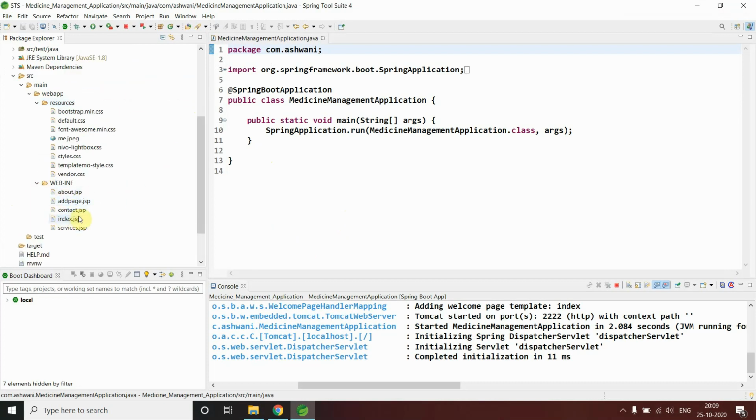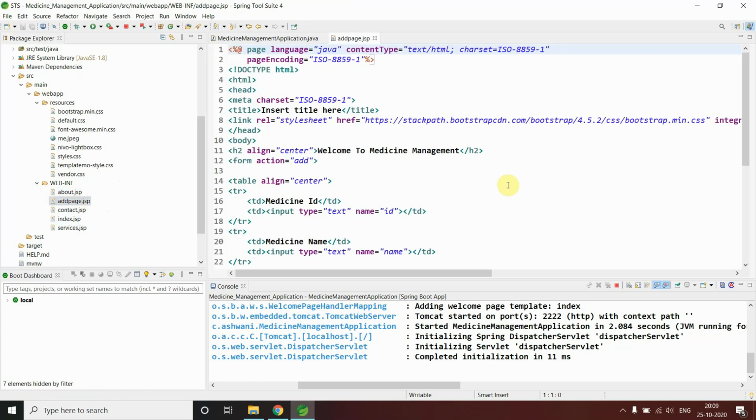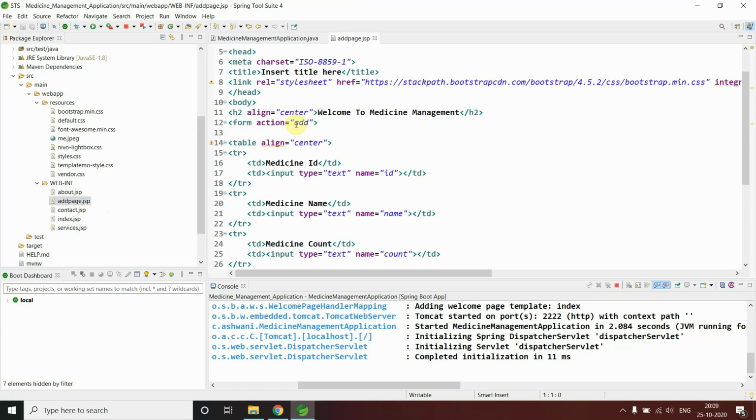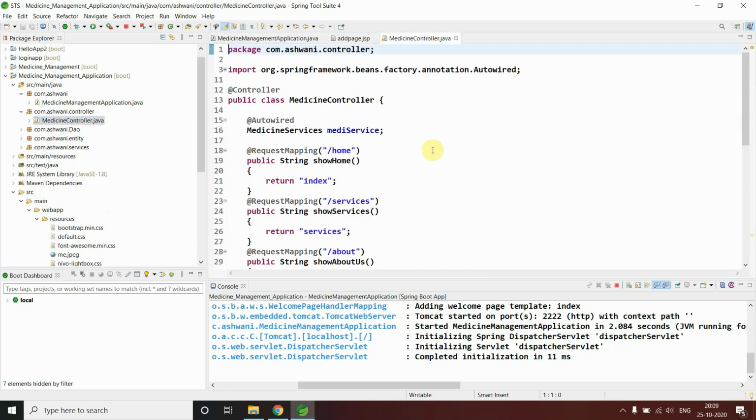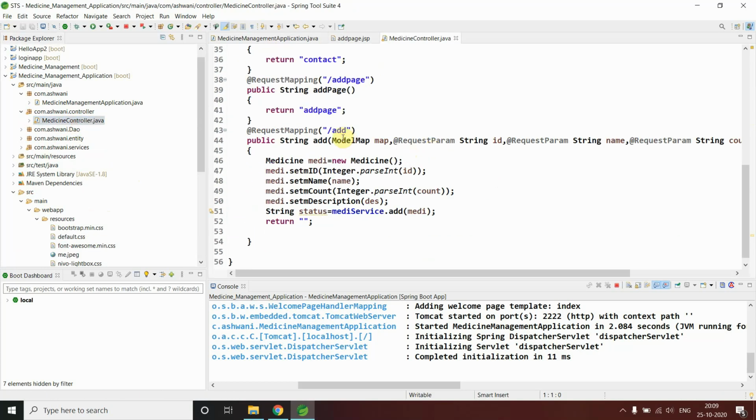We have the add page, right? Let me open this. It says add here. In our controller, we have add, but we don't have any response. So let me do this.